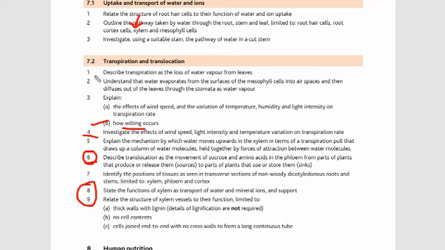As we have already discussed, transpiration is basically the loss of water vapor from the leaf. And we have already discussed what factors affect the rate of transpiration. So we need to know how wilting occurs. Wilting is basically a process that happens if more water evaporates. Like we said, the loss of water vapor from leaves is called transpiration. But what if more water evaporates from the leaf?